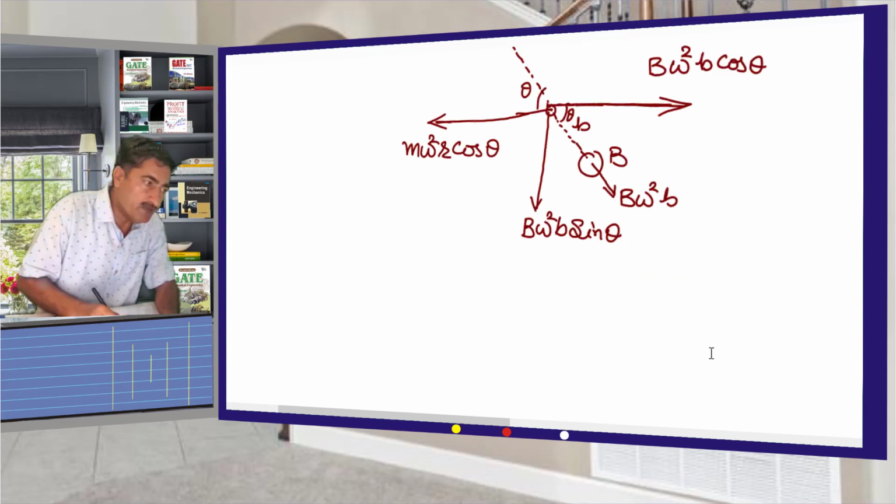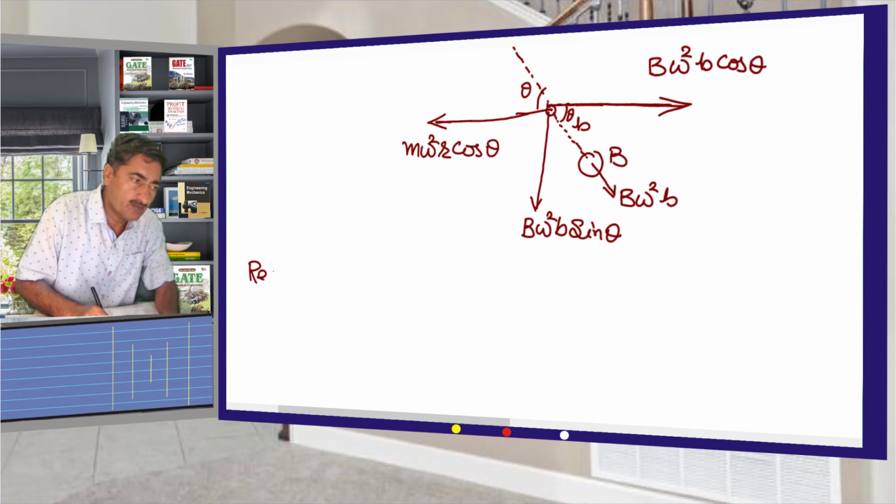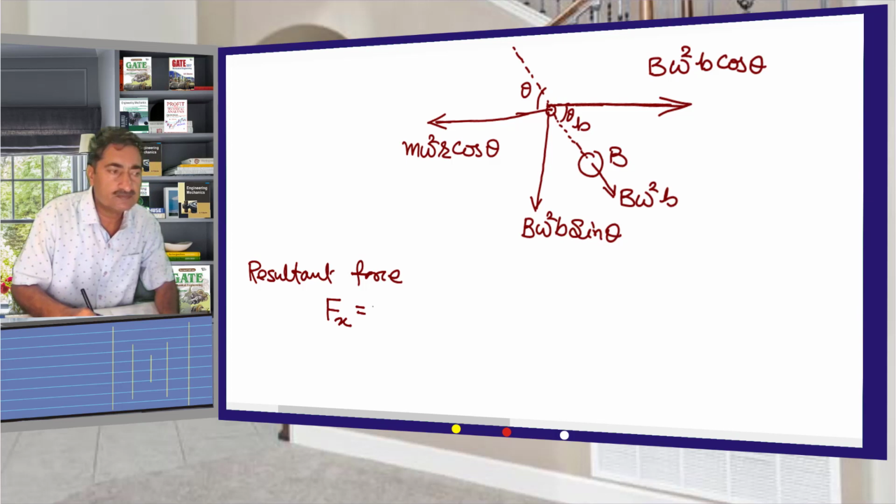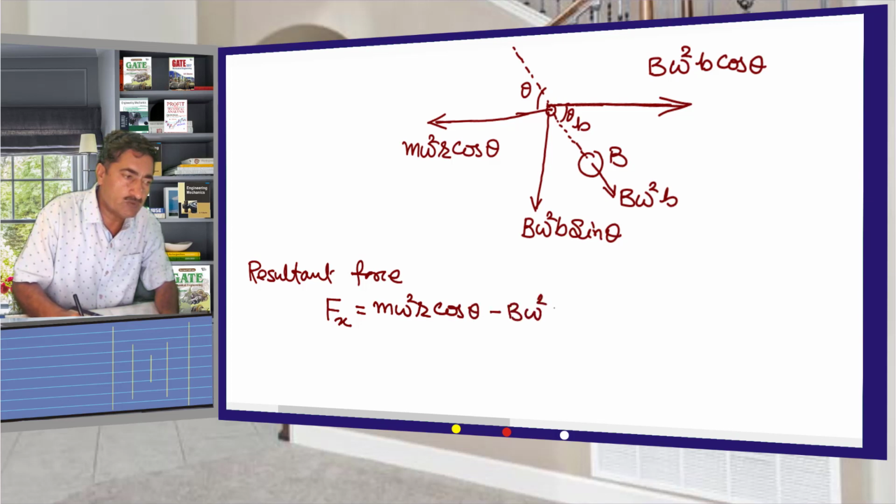Now the resultant force on bearing in x direction, Fx equal to m omega square r cos theta minus B omega square b cos theta,